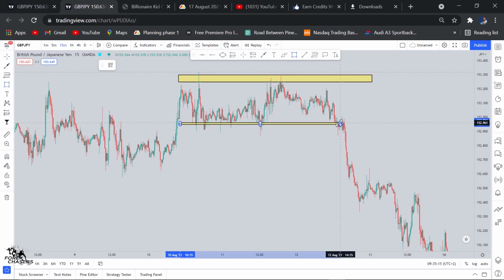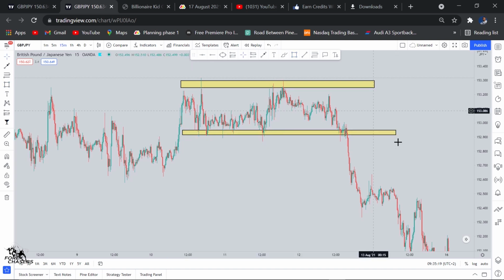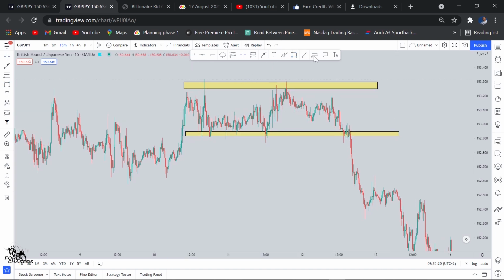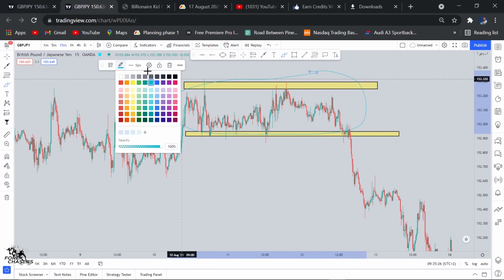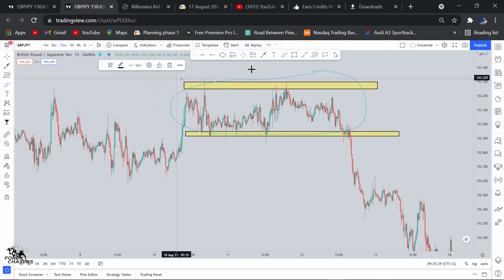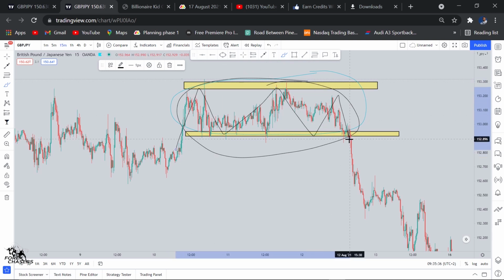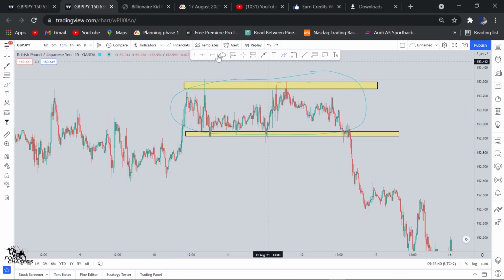And then, guys, you can see that the market was ranging between these two areas. So it was up, down, up, down, up, down. So what do we do here when the market is doing this? We don't enter, guys. We apply some patience,